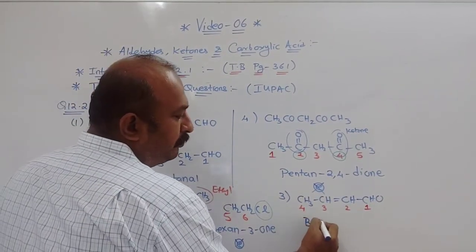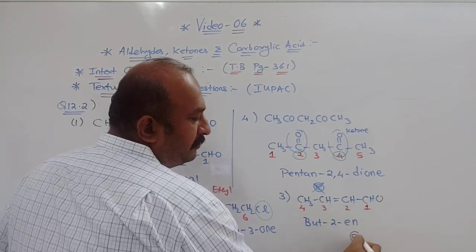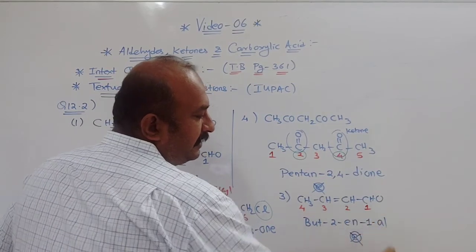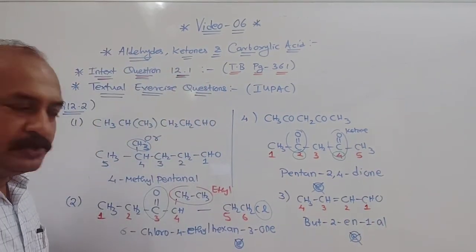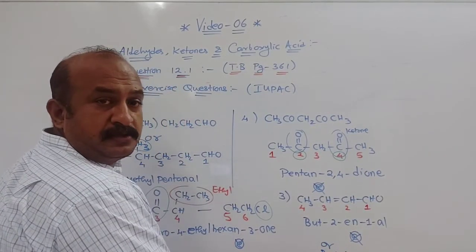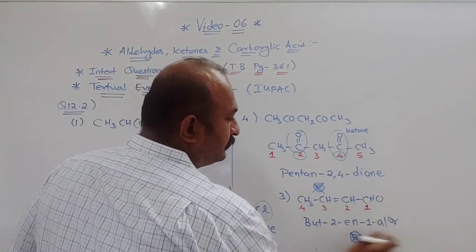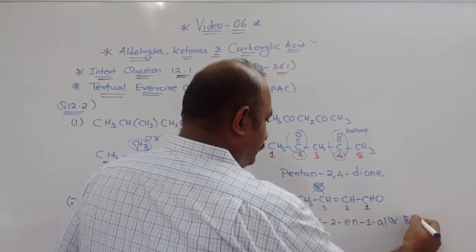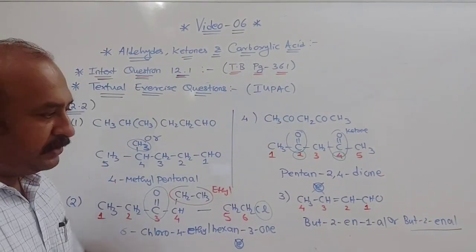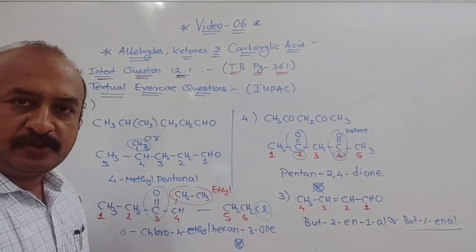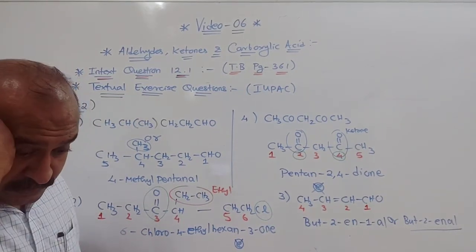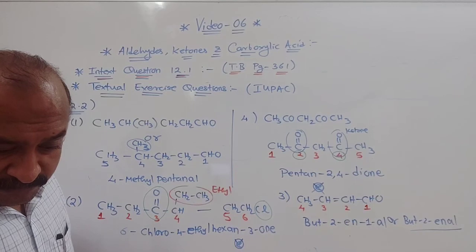So what will we do first? But-2-ene. Now from ene, E is eliminated, and at the first position you can write 1-al also, or directly butenal also you can write. But I think you cannot see this. Okay. Or you can write the name but-2-ene like this also. Understood? Or you can write like this also. Both are correct ways, and the rules are the same. Okay. Now we will see the next one, that is question number 5.